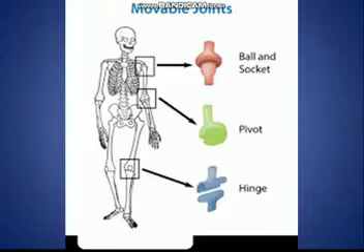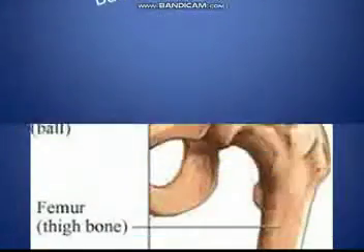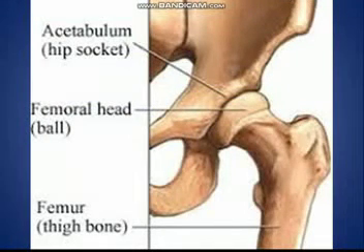First, you learn about the ball and socket joint. In such a joint, the spheroid ball-like end of one bone fits into the cup-like socket of the other bone. It allows maximum movement. Shoulder and hip joints are examples of this type of joint. This type of joint is present in our shoulder and hip bones.